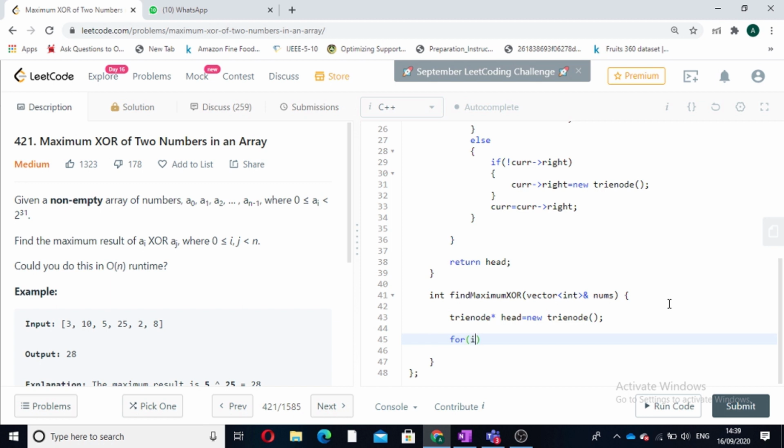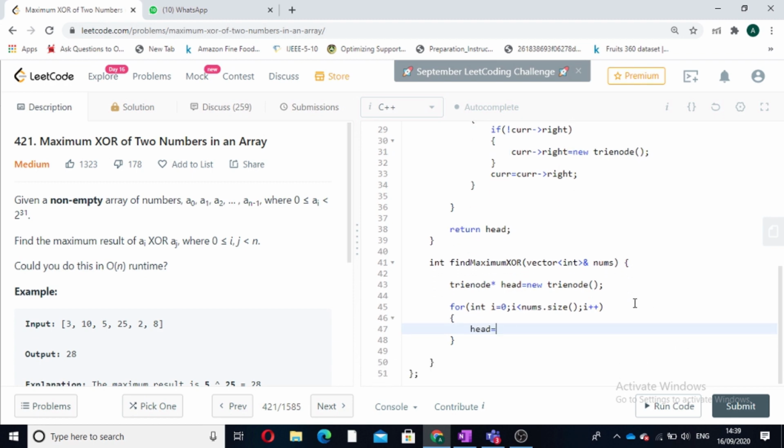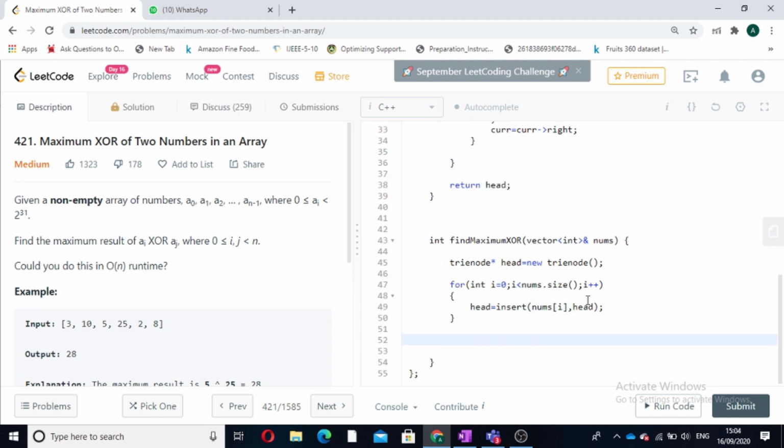So we will iterate through our numbers. The return value of the function is head. Now we have to insert; the arguments are head and the number, nums[i]. This is the number which we have to insert, and the head. Now our trie is formed.